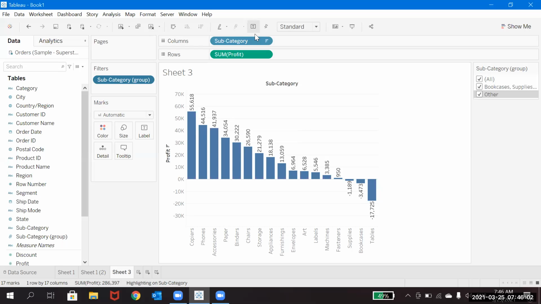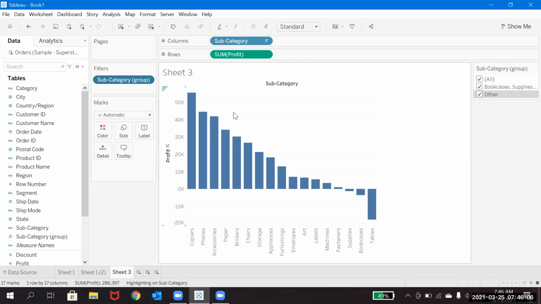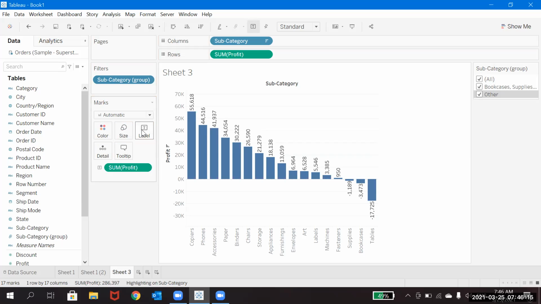Either you can do it this way, or if you just want to display the values, you can drag the sum of profit to text. Text is nothing but a label, so it will label out the value it is showing.